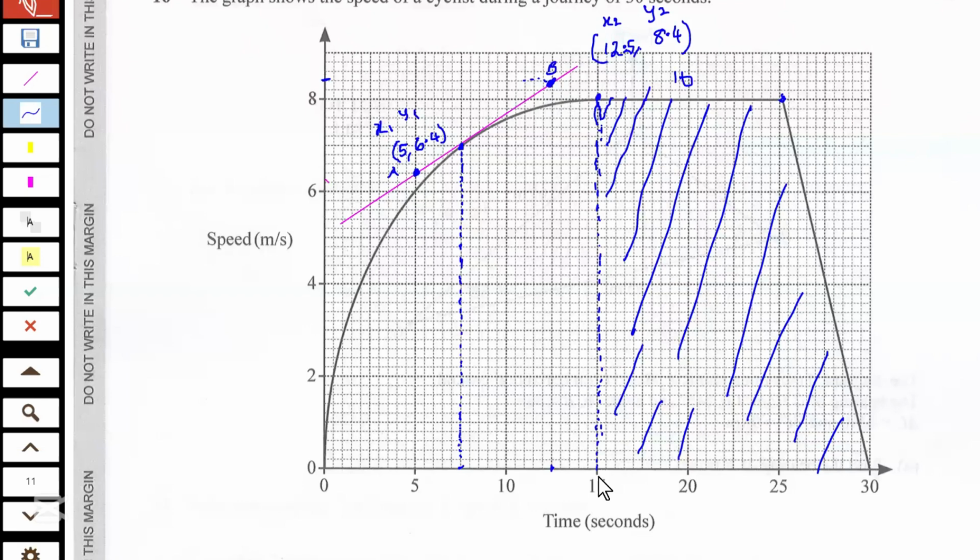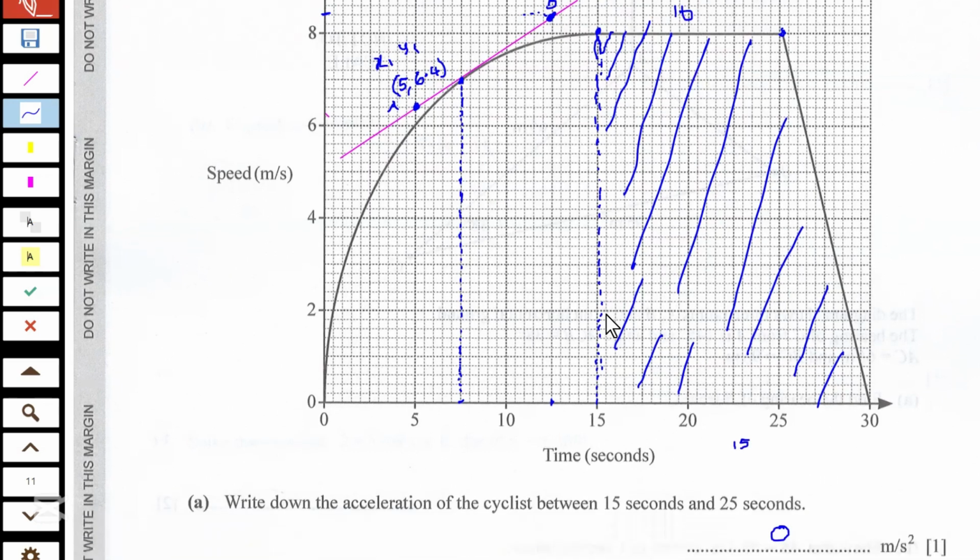And the whole of this side is 30 minus 15, and that is 15. So the first side is 10, and the second side is 15, and the height is 8. So applying the formula 1/2